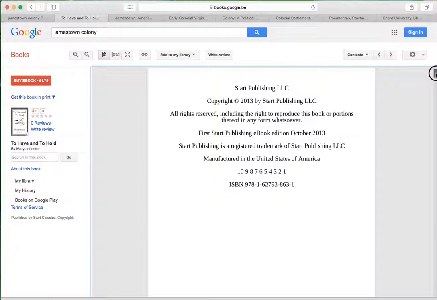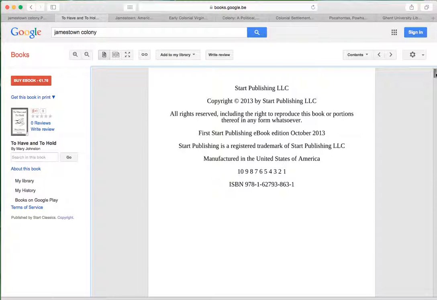And we can see that it's been published by Start Publishing. That indicates to me that this book is probably fiction. It's a romance novel. Start Publishing is a